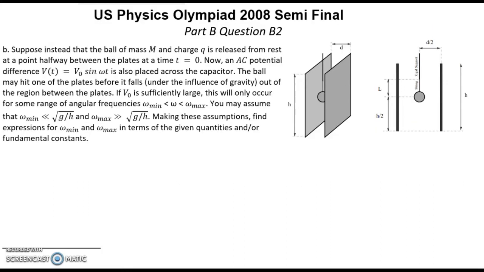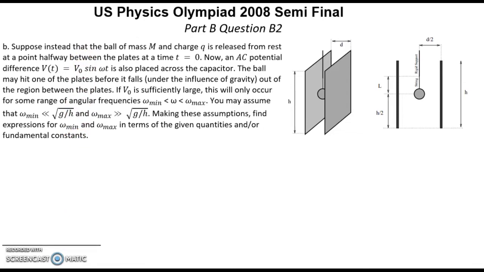Solution. We have potential difference as a function of time. It means that we can count what is the horizontal force on this ball, and by integrating we can find what is speed, and after that what is displacement, horizontal displacement. So first of all we can write expression for